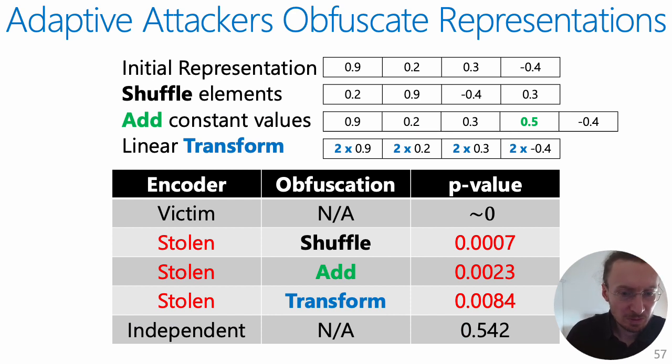So what we observe is that despite all of the possible augmentations, all the possible modifications of the outputs, our method assigns p-values for these stolen encoders that are below the threshold of 5%. Thus, this implies that our method is robust to such obfuscations, and still, for the independent encoder, where there are no obfuscations, this encoder has an assigned value way above 5%, which means that we don't have false positives. And a very important aspect is that these augmentations, these transformations applied to the representations, don't actually lower the performance of the encoder on downstream tasks.